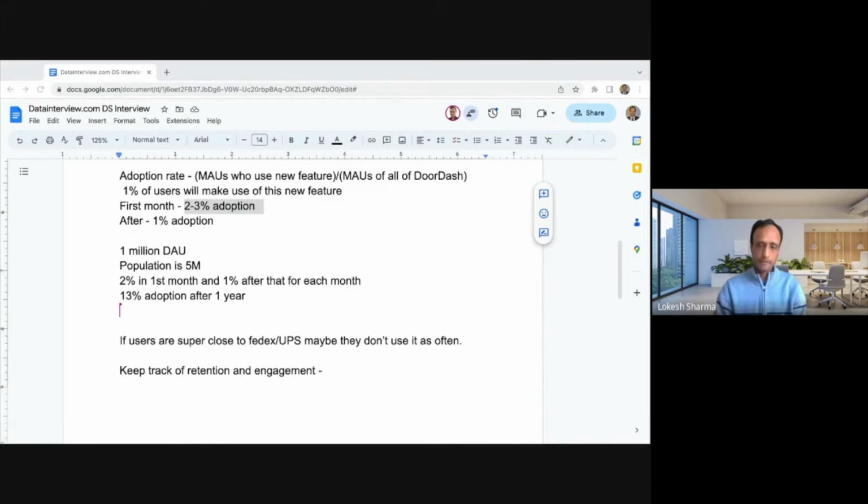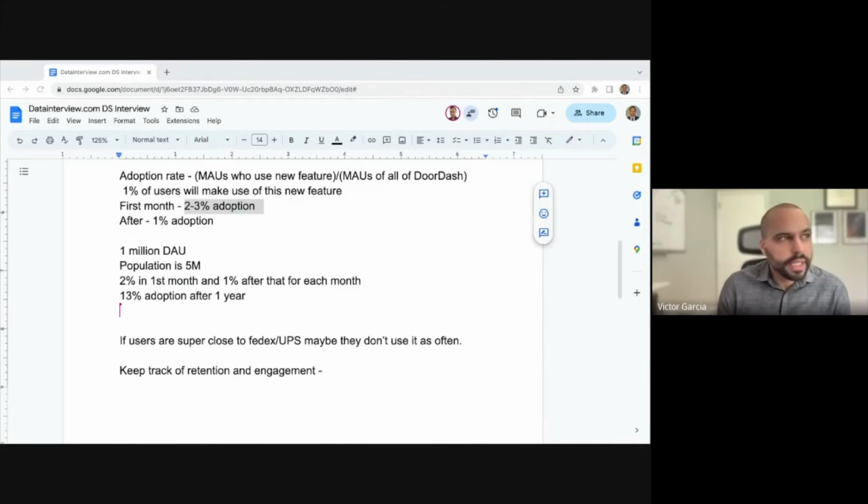I like that point. That's a good point to make here, which is new users who are perhaps brought on board to DoorDash because of this specific thing. Maybe they're customers from other competitors, but now they've seen that they can get their packages delivered, and they perhaps move over to DoorDash because of that. So new users are also a portion of this.